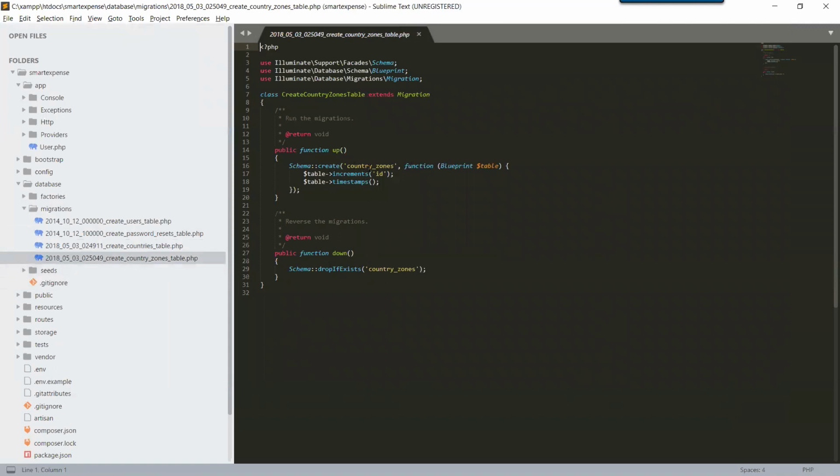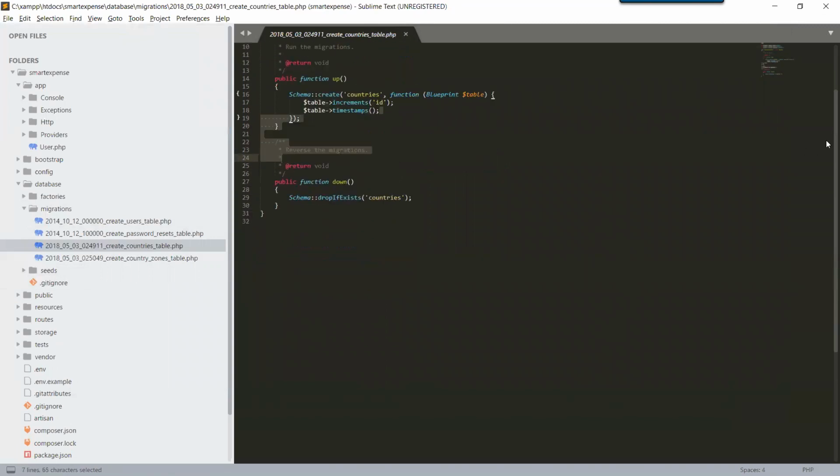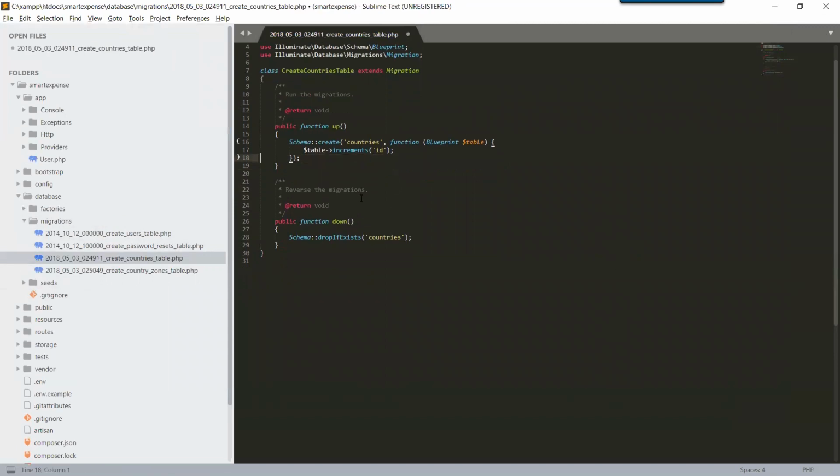In countries, we will not require a timestamp, so we will remove this, and we will only require the table string, country name, and you can give the string length as 128. In the down function, schema drop if exists countries, so that if we need to roll back our migration, it will be the same.